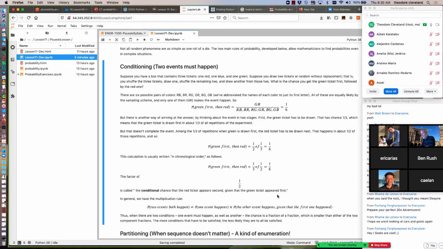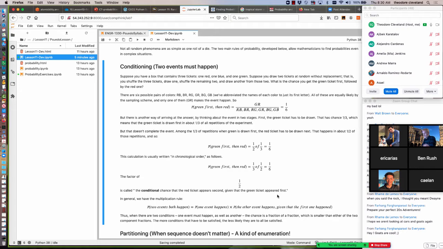The factor 1/2 is called the conditioning, or the conditional chance that the red ticket appears second, given that the green ticket appeared first. And it gets the word conditional actually from the literary description of that sentence. The chance that the red ticket appears second, given the condition that the green ticket has already appeared, is what's